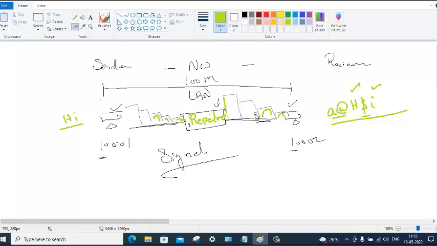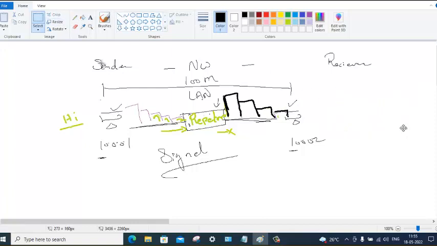Repeater can easily identify the noise. See, the noise is getting injected into the repeater, but when it comes out, no noise. It only regenerates the data. Only the data is regenerated, not the noise. So the receiver now receives only "hi". "Hi" is sent, "hi" is received.